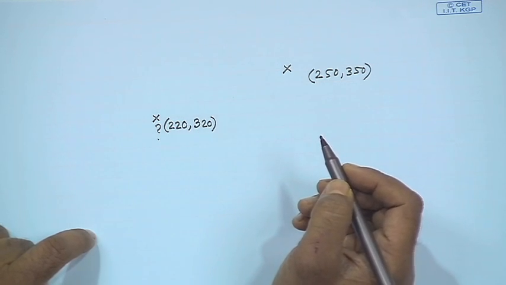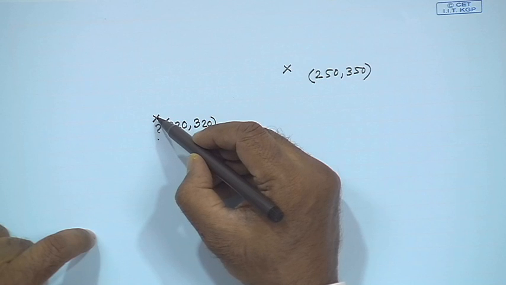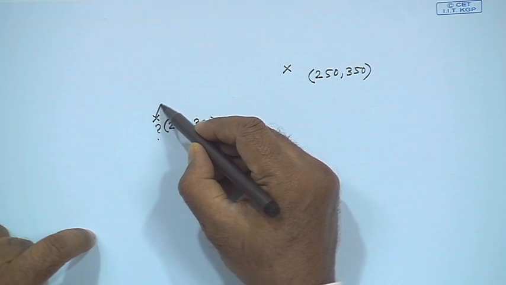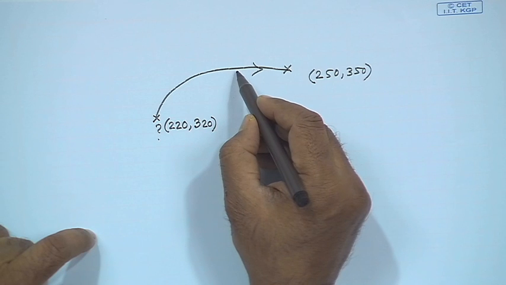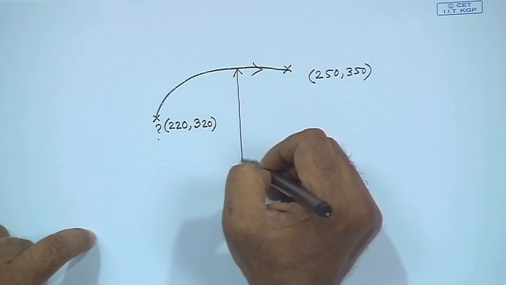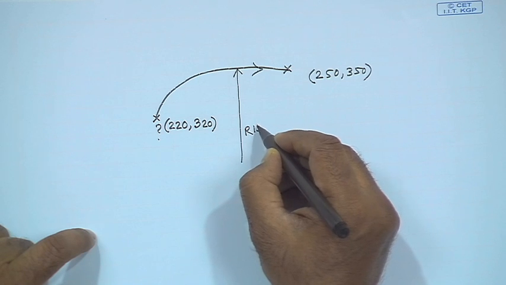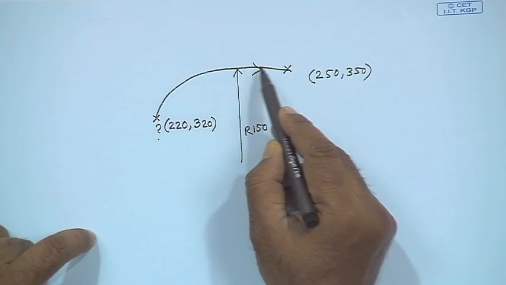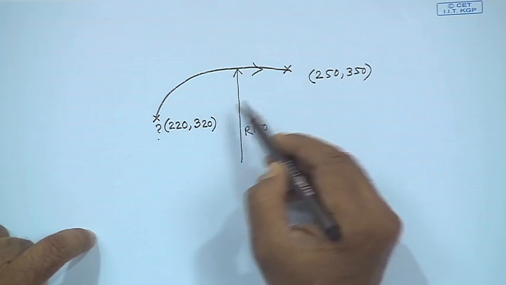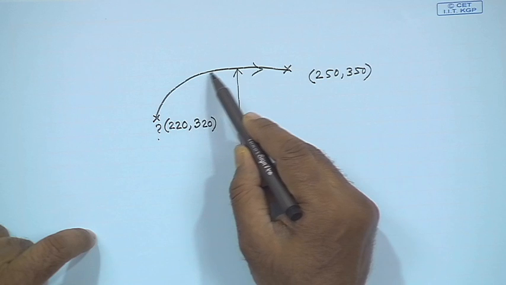So, after that what is stated? It is stated R150 and G02, we have to move in a clockwise manner. You might say, why not this one? Well, this will be accepted if this radius is R150. My drawing is not very good. Please understand that this is supposed to be part of a circle with radius 150, and the motion of the tool will start from here and it will end up here.